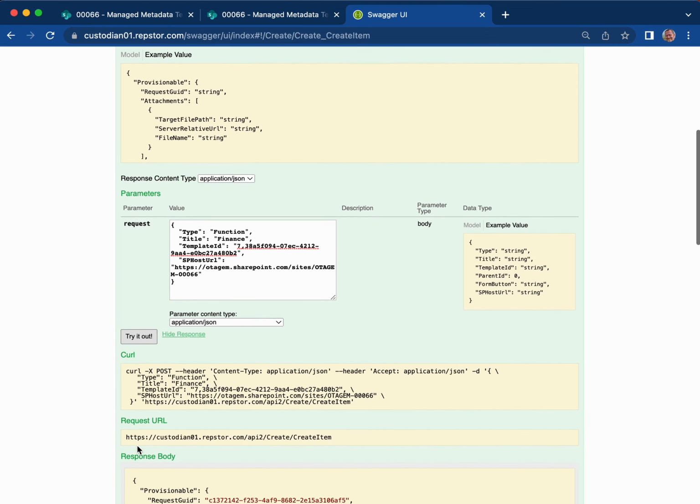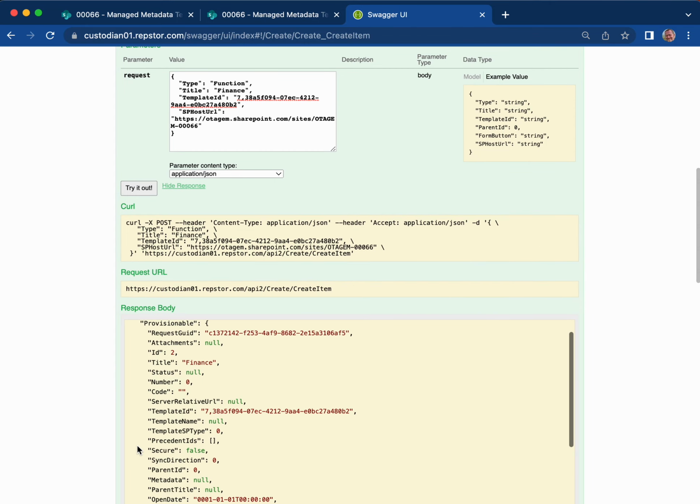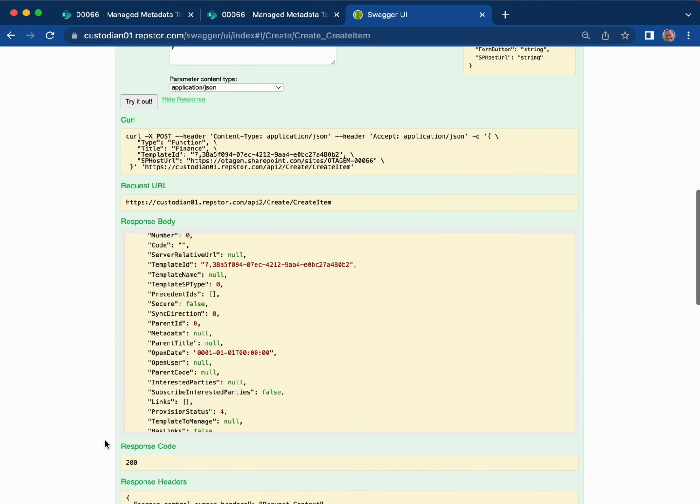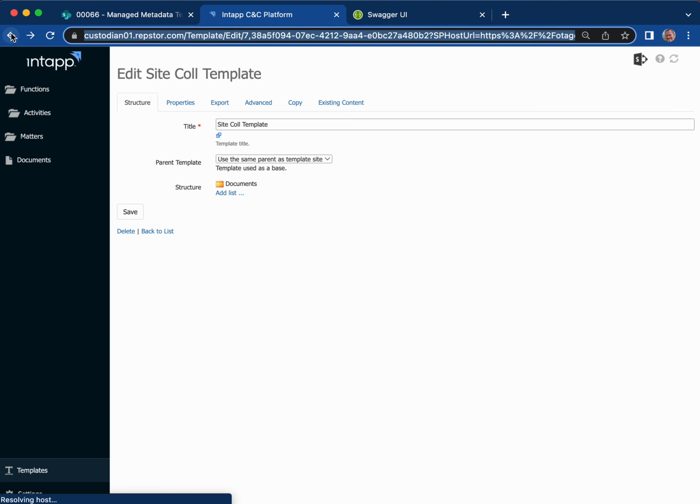And you can see there it's been submitted, it's completed, and it's important to check here that you get a response code of 200. That indicates that the action has been successful, which is great. Okay. Just to validate that, if we now go back to Intapp,